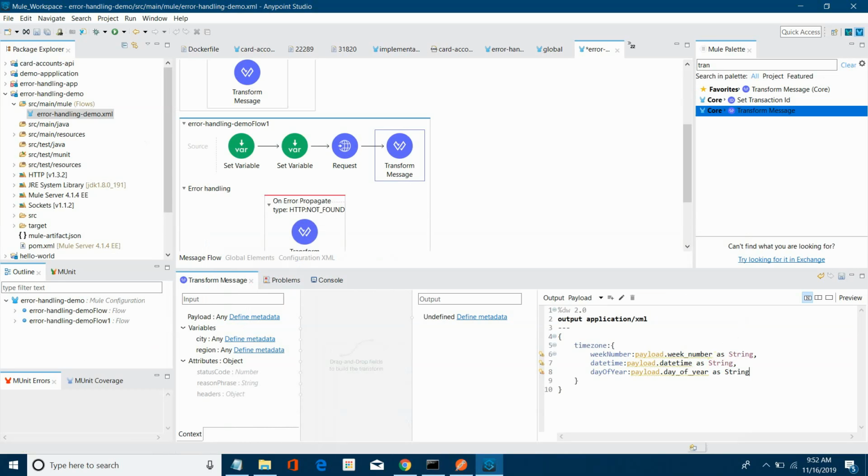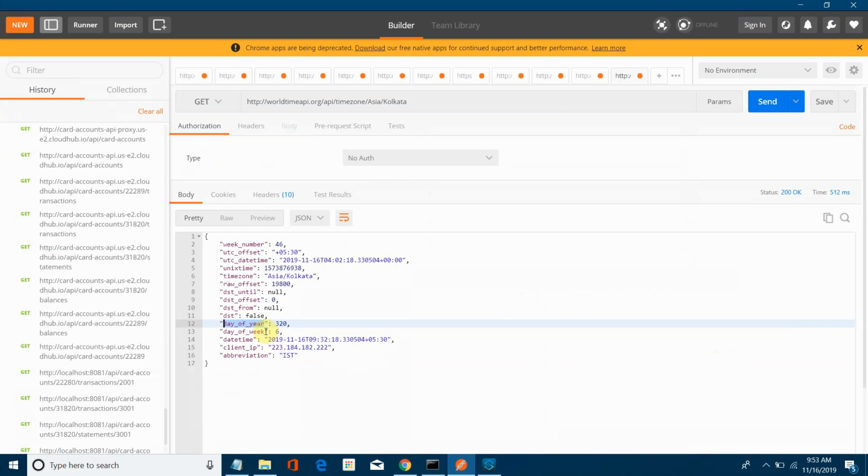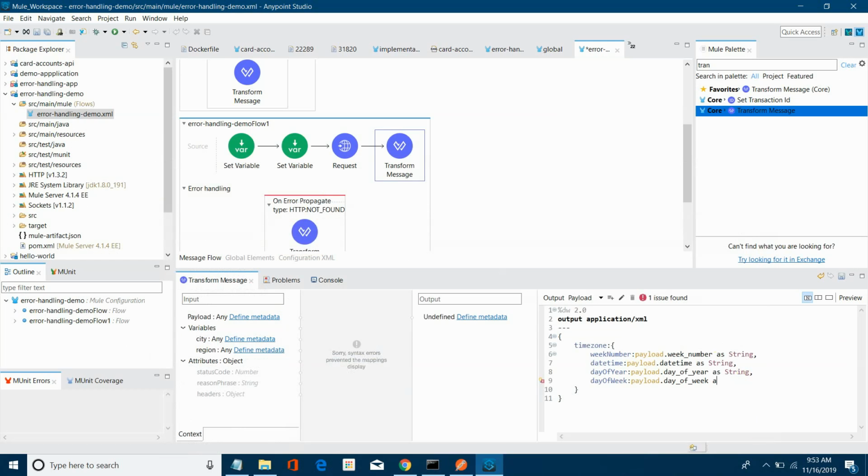As string. Day of week. I will say payload dot as string. Okay, I will save this,